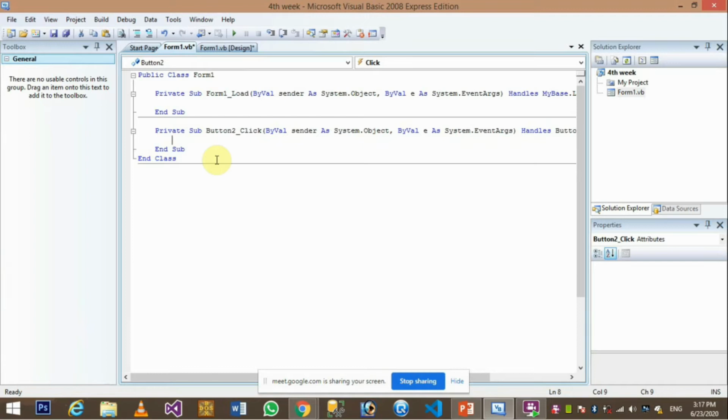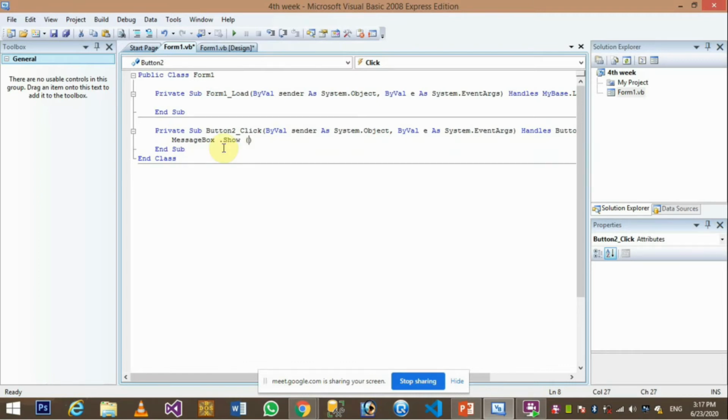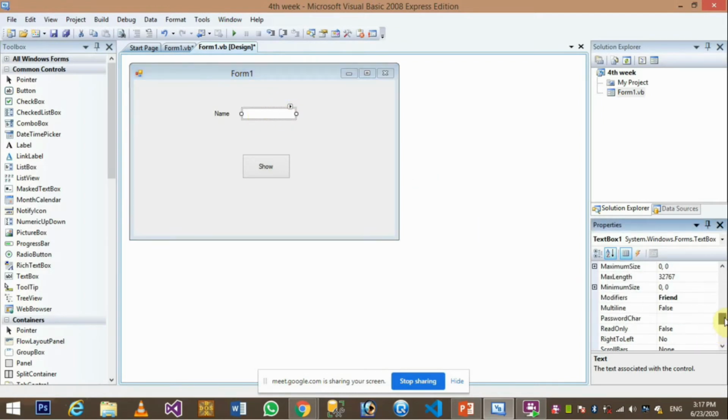Here I'm writing, whenever the button is clicked, what it needs to do, I'm writing message box dot show, and inside those brackets I'm writing what is the name of this tool. What's that? I will go to the name of this tool. Where is the name of this tool? Here, the name.